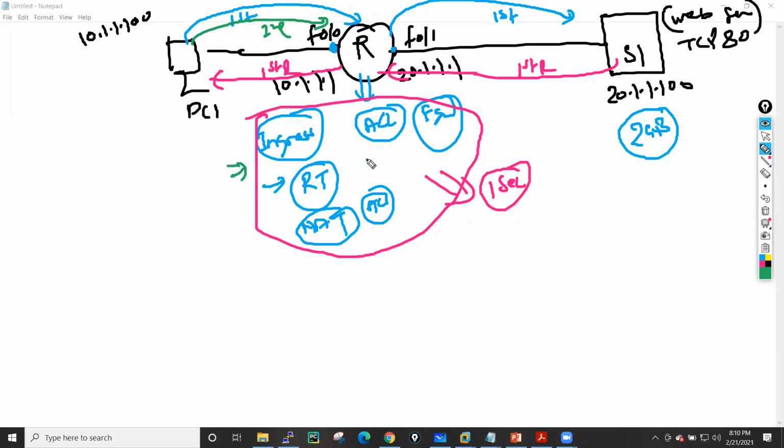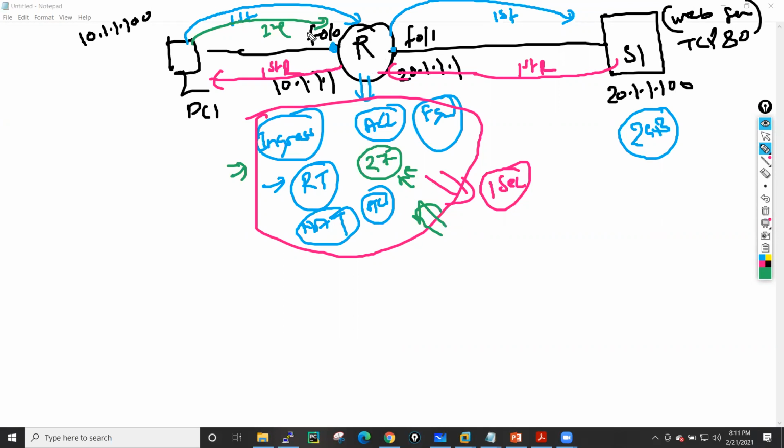In the case of a router, there are around 27 checks that happen on the firewall. The router will send the packet through 27 processes, and every packet needs to go through all these checks. So this is the stateless behavior.